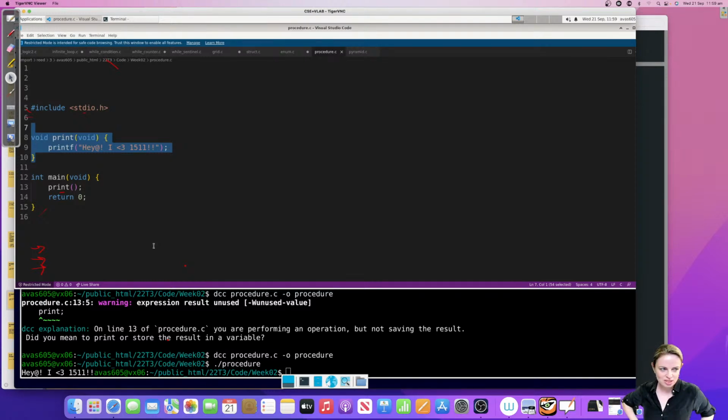Yeah, so procedure's just something that doesn't return anything. It's a void, it's just a print. But I'm just showing you this so that in your lab you know how to move something outside of the main. And note, I put it before the main. Because otherwise, if it's below the main, it's not going to know that it exists. Remember, because C reads line by line by line.